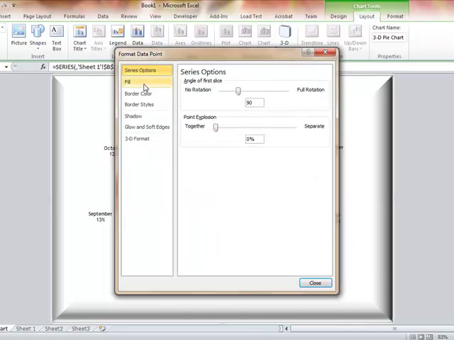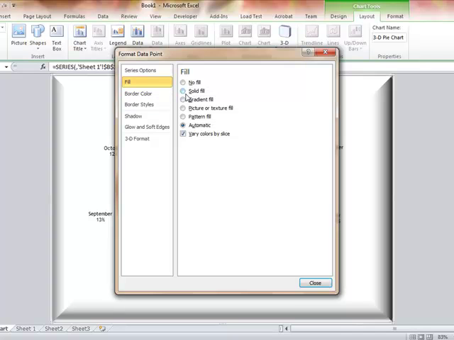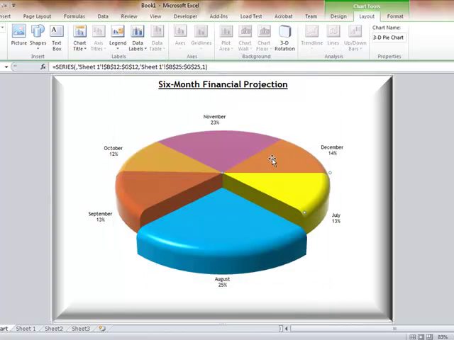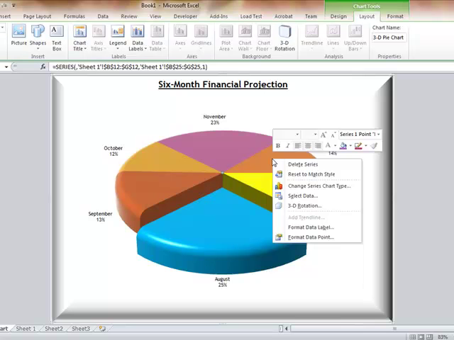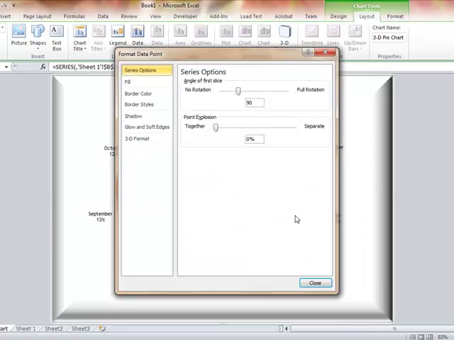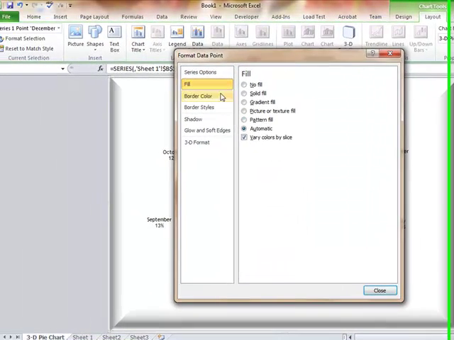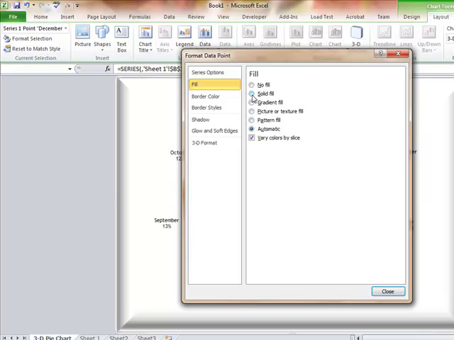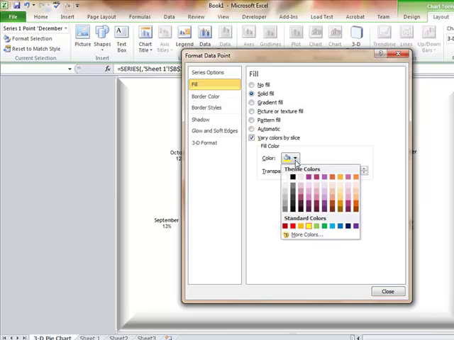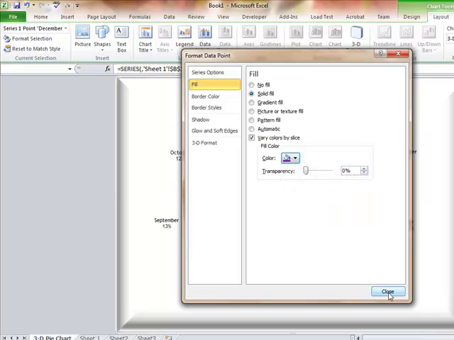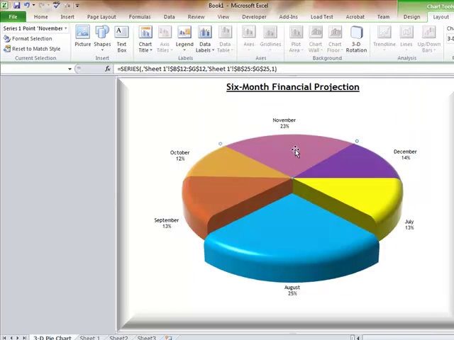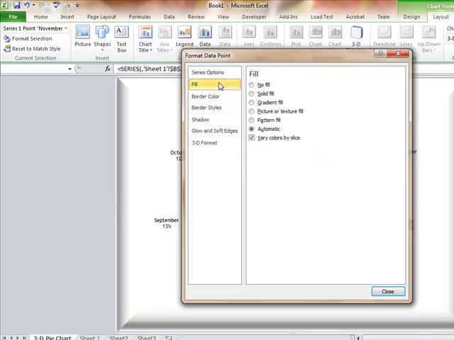I want my fill on this one to be yellow. The next one I'm going to make purple. So make sure you're always choosing the data point. So solid fill, choose the next one, format data point, fill, solid fill,